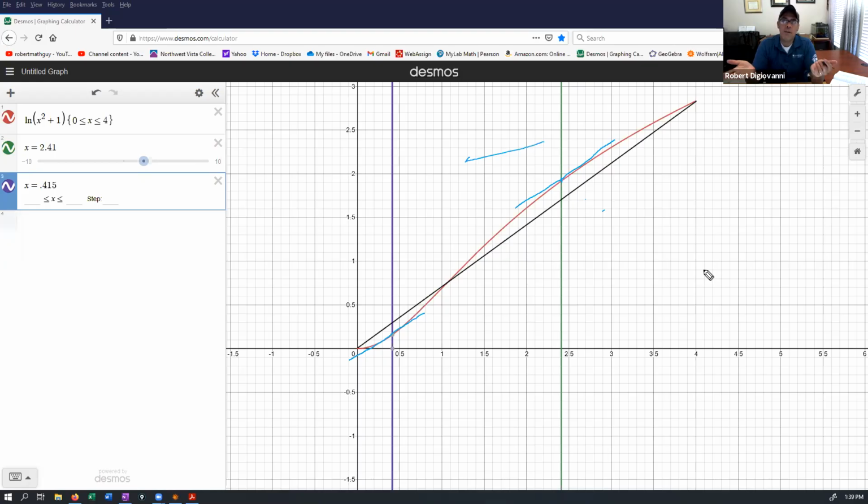Okay, and again, this goes back to the trip. If you drive 60 miles and it takes you an hour, I guarantee you went 60 miles per hour at some point in your trip, but you could have done it twice, 3 times, 100 times. It just depends on the path. Okay. All right, any questions?